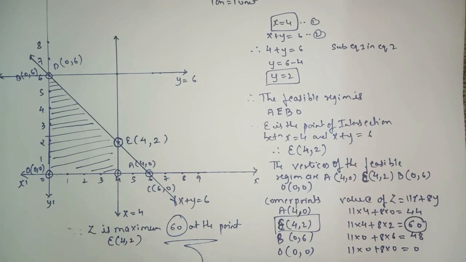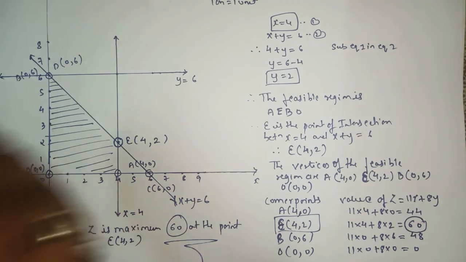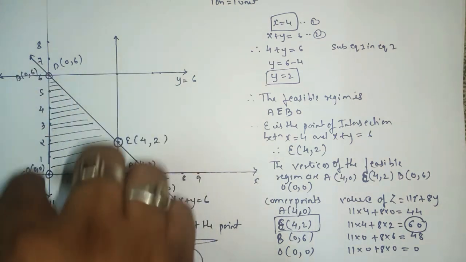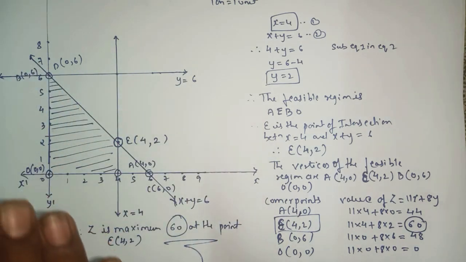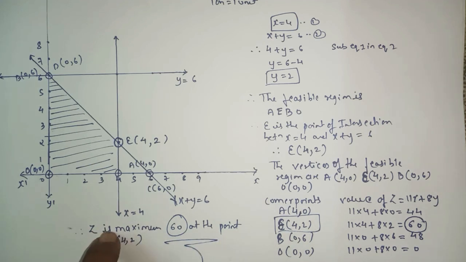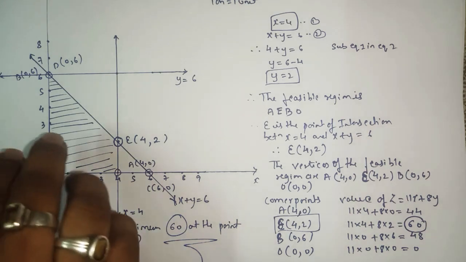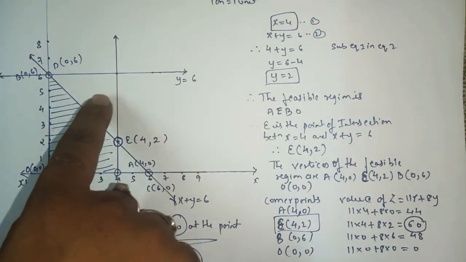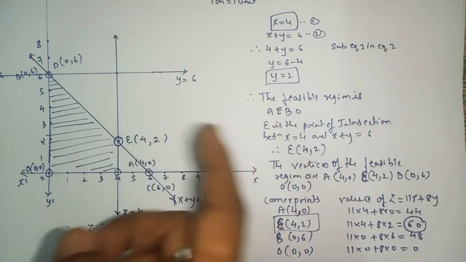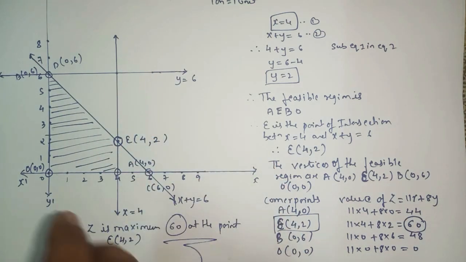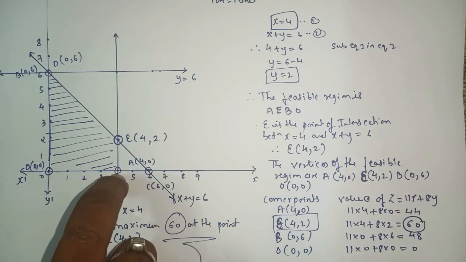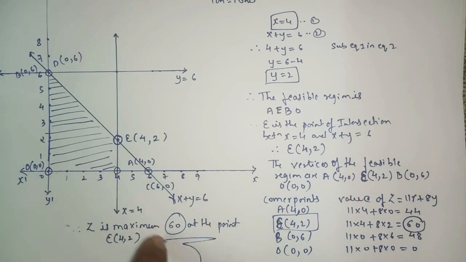Understood? As I told, if your feasible region, the shaded part, is perfect and you get the corner points perfectly, then only you will get the value of Z as a perfect answer. If you change the feasible region somewhere else, here or this side, clearly the answer will change due to this coordinate, yes or no, and the value of Z will be wrong. So this was the presentation part for more than two linear inequations.